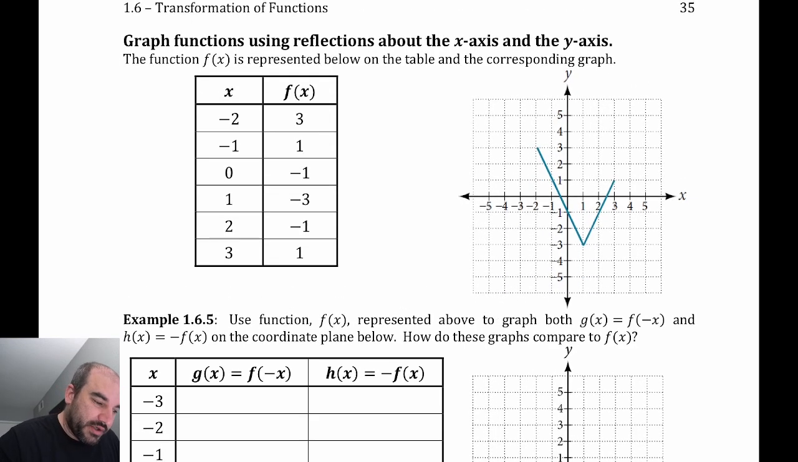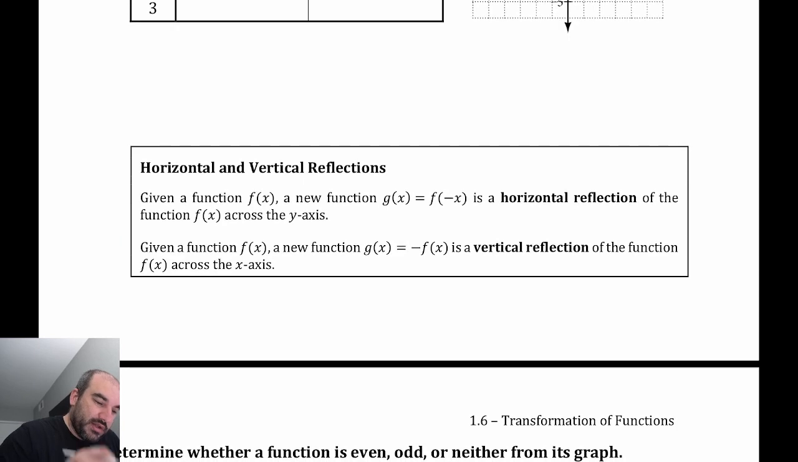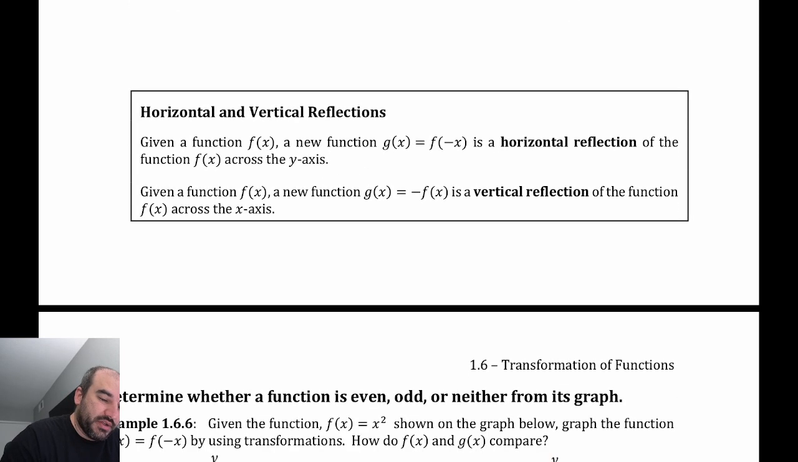Let's talk about reflections, and I think these are good examples for you to do. Let's talk about how reflections are defined, kind of like how the translations were defined. If we start with the function f of x and we multiply the x value by a negative, that is a horizontal reflection across the y-axis. So if I take all of the x values and multiply them by a -1, you can imagine that,